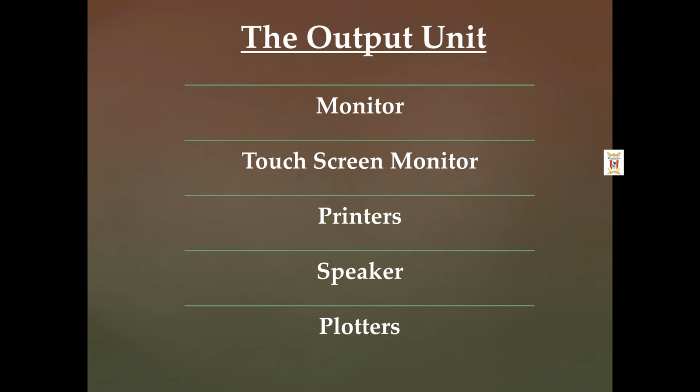The next device is speaker. Speakers are the output device which are used to play sound. A speaker converts an alternating electrical current into sound. It may be built into the system unit or connected with cables. We can listen to music and various sound effects through them.